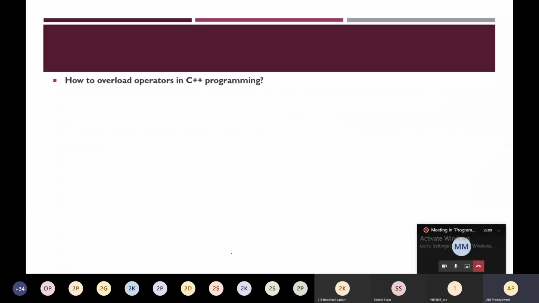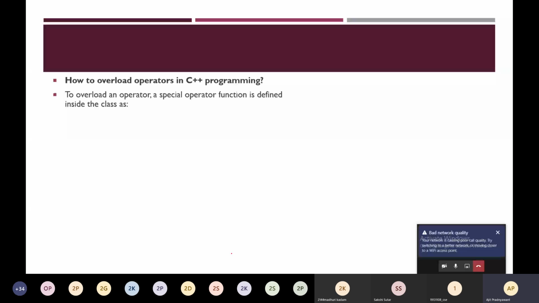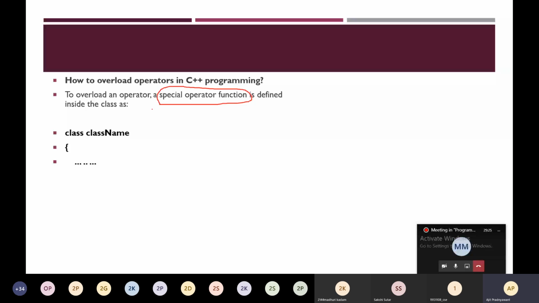So how do we overload operators in C++ programming? To overload an operator, a special operator function is defined inside a class. This is the special function defined inside the class. This is our class name. You have to define it inside the public section. You mention the return type, operator symbol, and arguments.